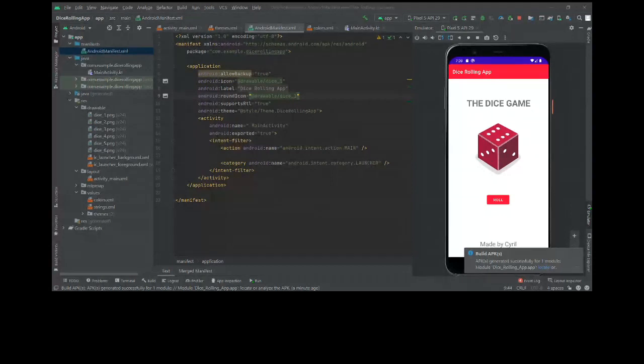Repeat the building part. Okay, see the building is done. Now it was running, right? Now the build is over. You can see that we get a notification here saying that APK generated successfully, and this is the location. If you click on this link, you will be taken to the folder where the APK is stored.